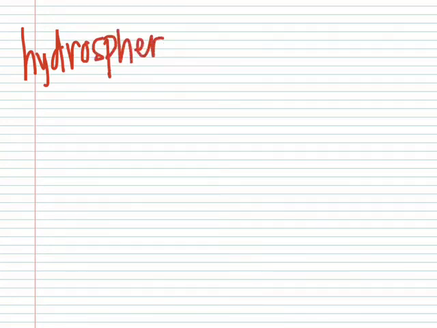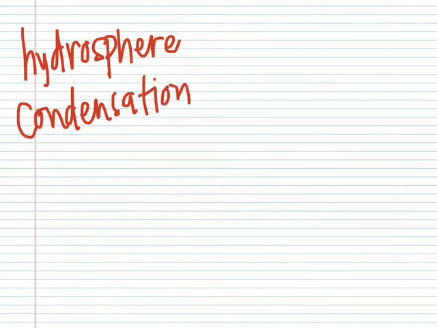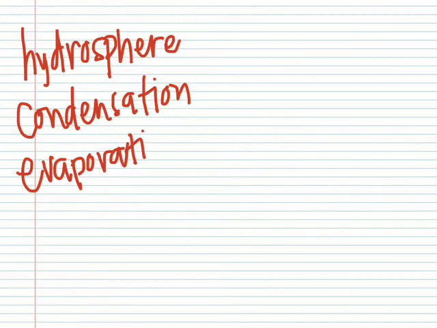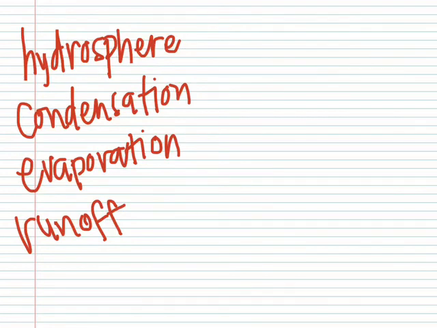So let's just refresh some important words that we've talked about so far. Hydrosphere is all the water that is found on Earth in any form. Condensation is when water is forming clouds in the sky or forming dewdrops. Evaporation is when water is moving out of a liquid state into a gas state. Runoff, when water moves off the land and into a larger body of water. Percolation,